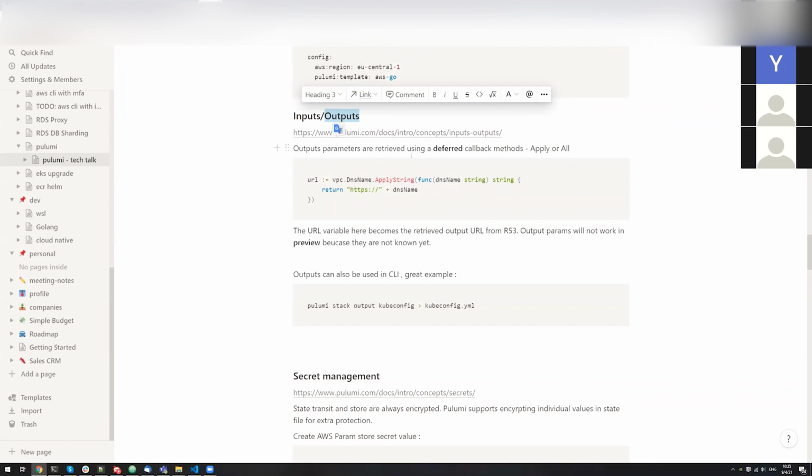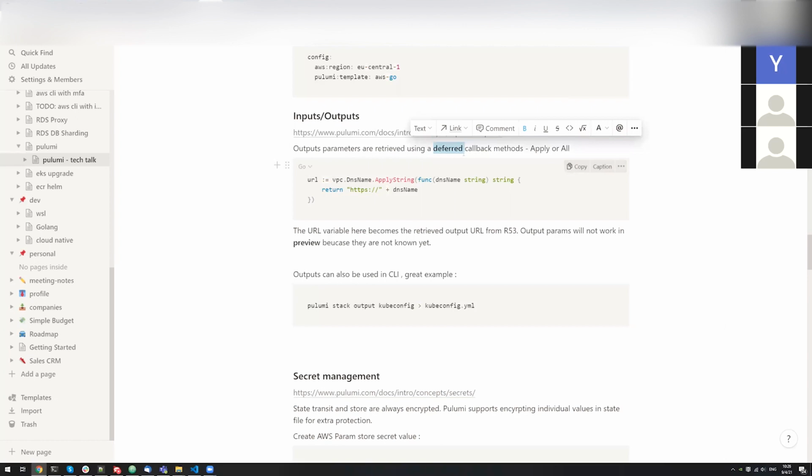So the actual response to "what is your host name" is deferred, pretty much a callback that you can use to retrieve this value after it's already created. The way this is done in Pulumi is using this functionality, which is apply string and all. It's just a name that they've selected, but in general, what this says is